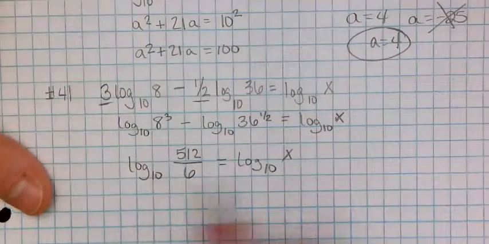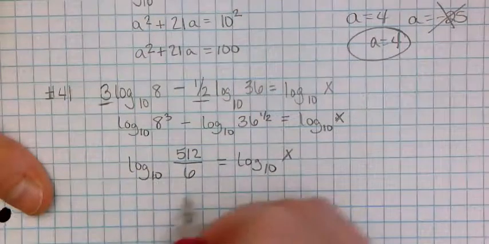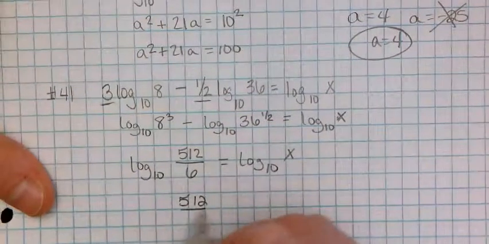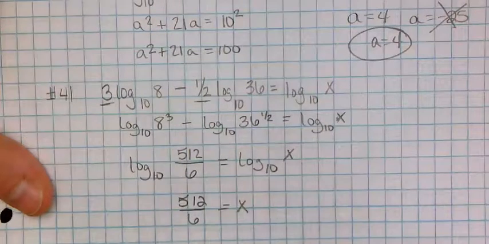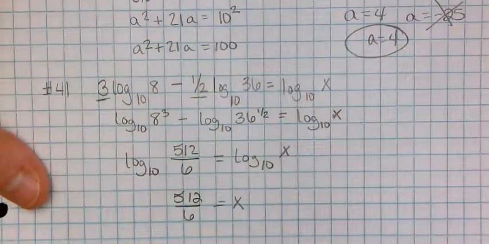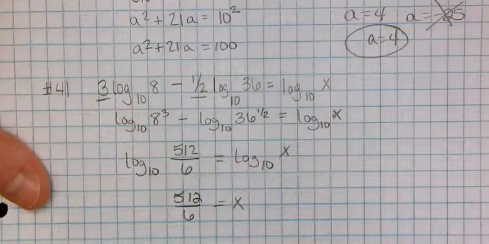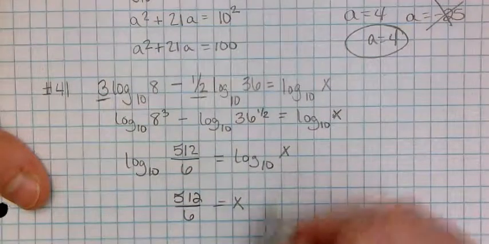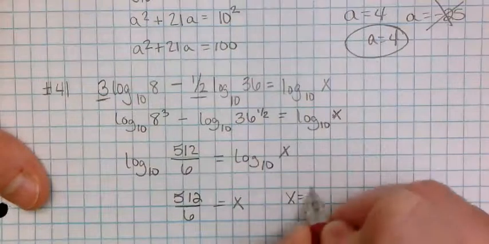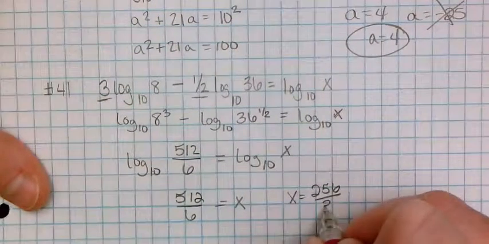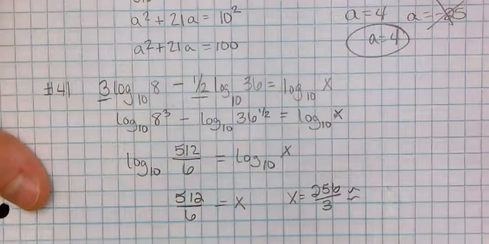So since the logs are the same on both sides with the same bases, I have 512 over 6 equals x. Divide both by 2. 512 divided by 2 is 256, so x equals 256 divided by 3, which is approximately